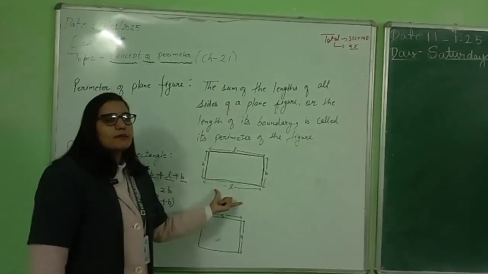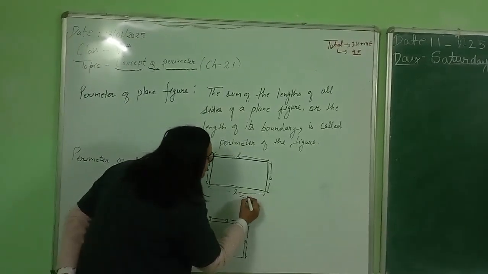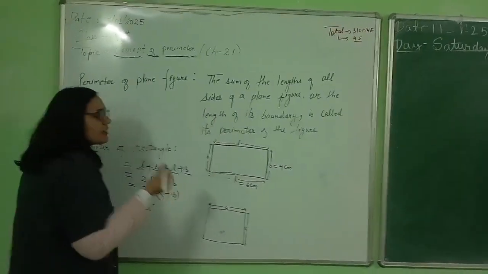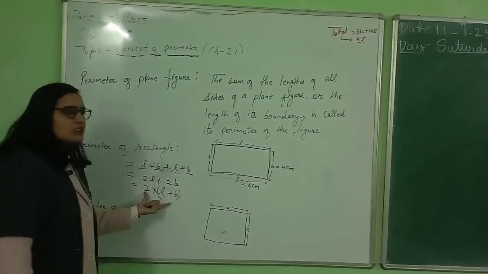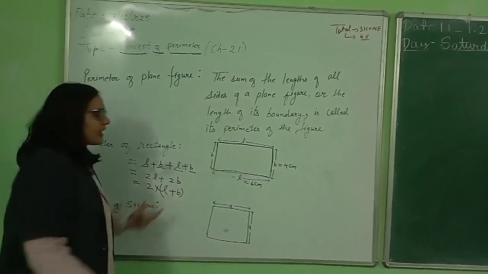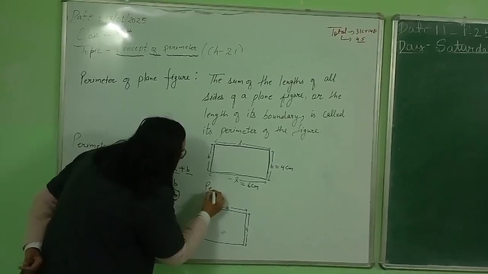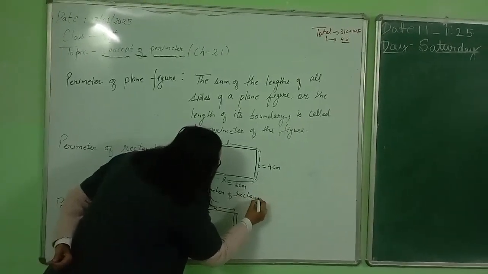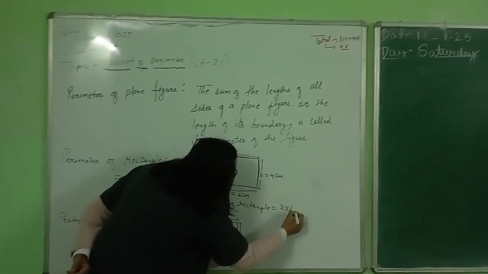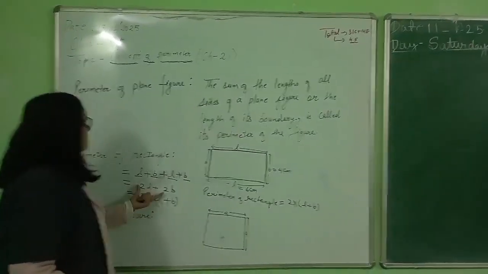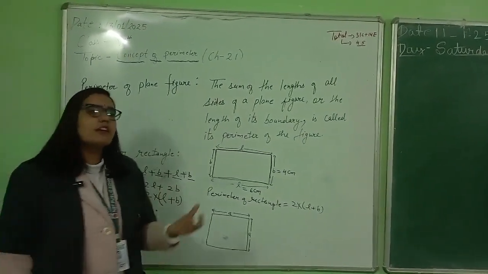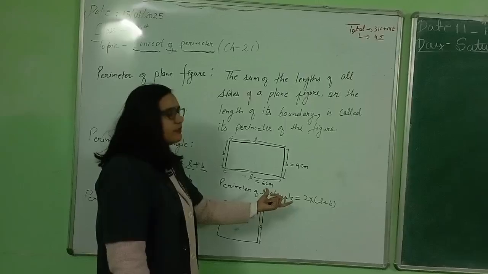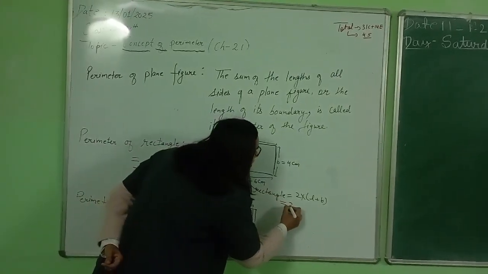If we take an example where length is equal to 6 centimeter and breadth is equal to 4 centimeter, how can you find the perimeter? We are going to use the formula of perimeter of rectangle. So let's check it. Perimeter of rectangle is 2 into (length plus breadth). Or you can use this also: if sometimes we forget the formula, then we can use the sum of all the sides. But here we have the formula, so we can put the values inside the formula. 2 into